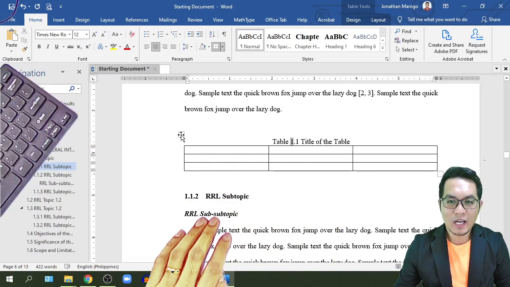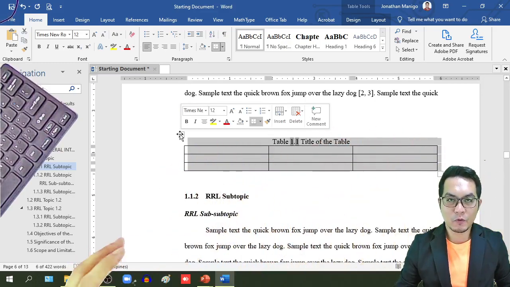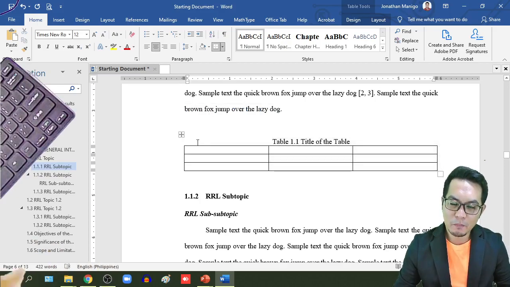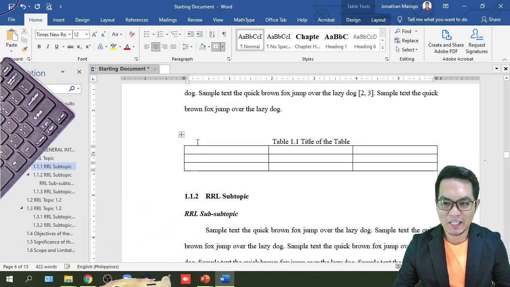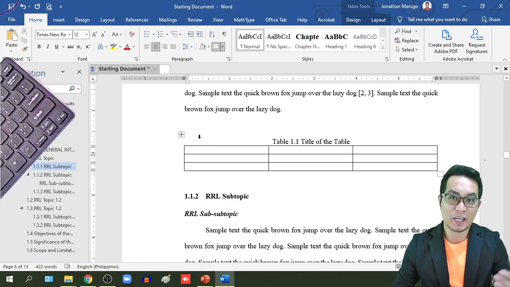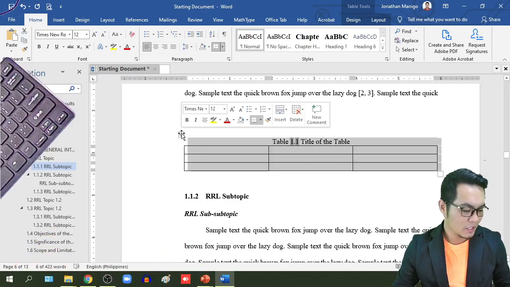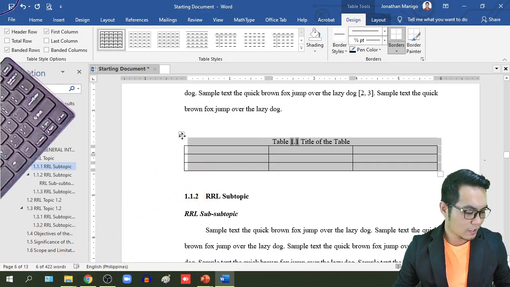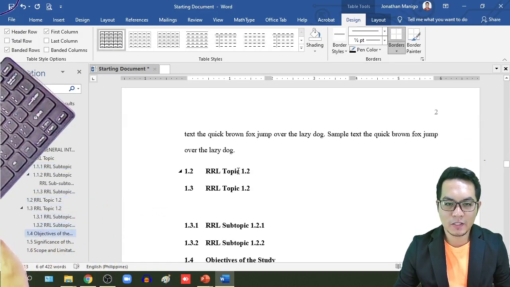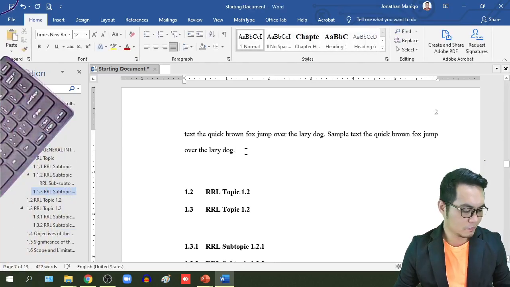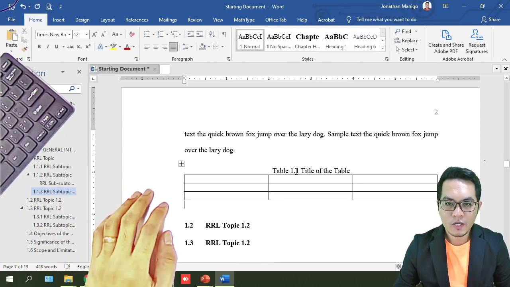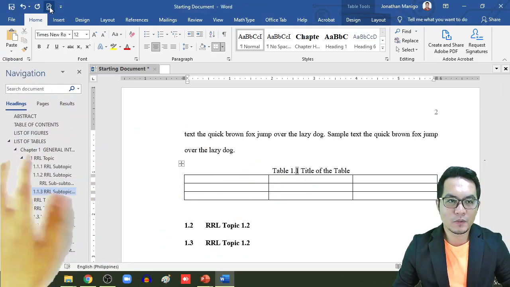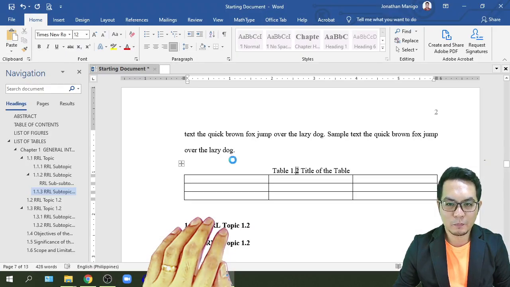So since you already have made this table, if you want to make another table, just copy paste it. So the succeeding tables, figures, and equations will now be easier because you just have to copy and paste. So select the table by clicking this icon. Select and then Control C and say add another table. So you have another table here. Control V. So you will notice that it's still table 1.1, but if you update that one, print preview,